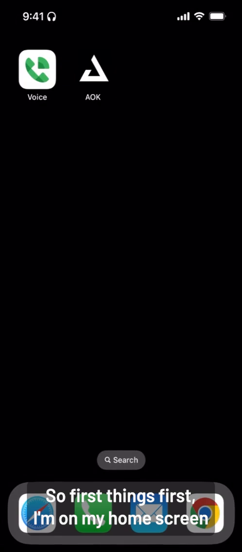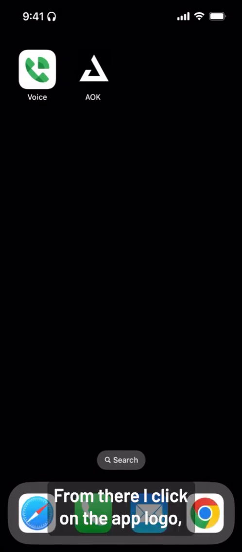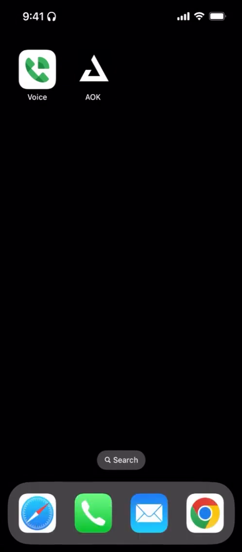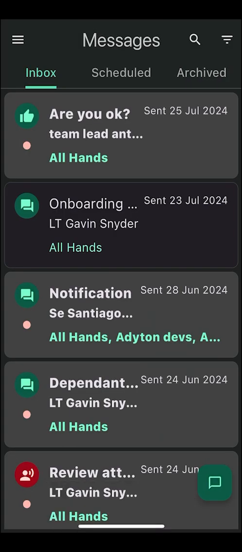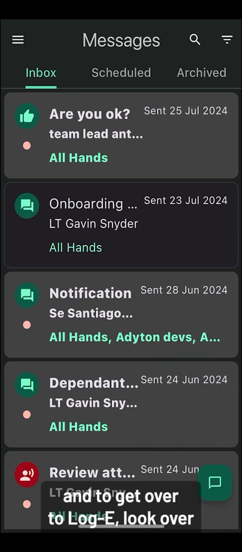So, first things first, I'm on my home screen on my cell phone and I see the AOK app logo. From there, I click on the app logo, and while it loads, it'll take me over to Muster where I can check my messages. In this video, we're only exploring LogE, and to get over to LogE, look over at